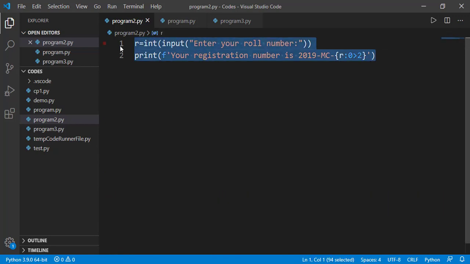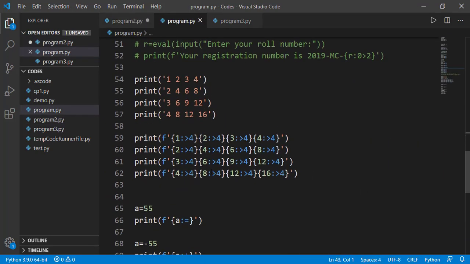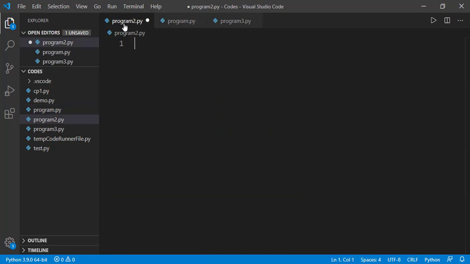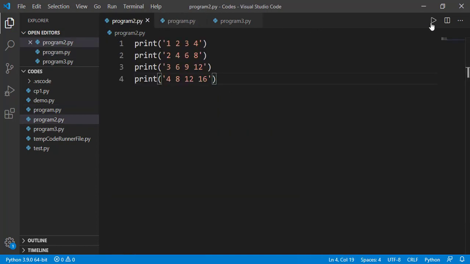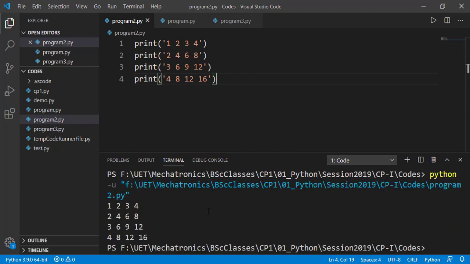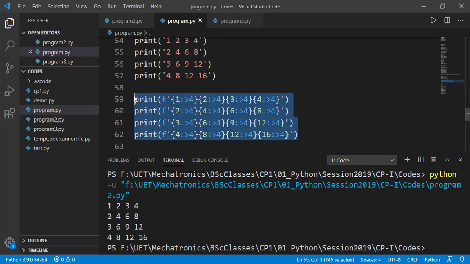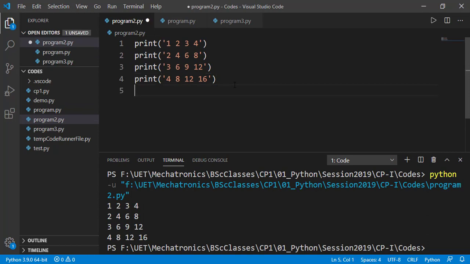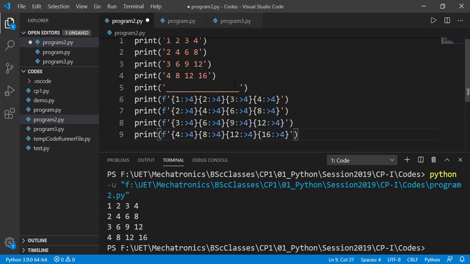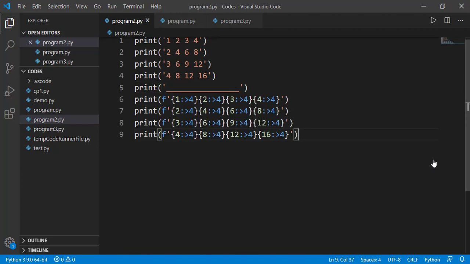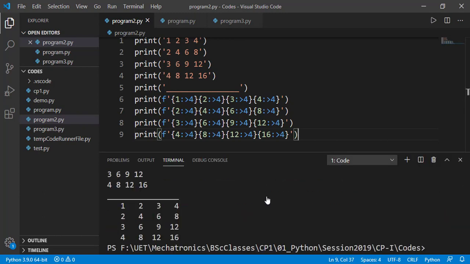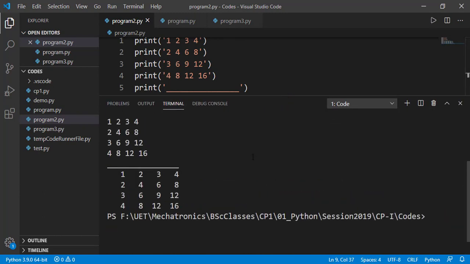Let's see another scenario which I will copy from another file. This simply prints few numbers in kind of a matrix form. This is a 4x4 grid, but see the 12 and 16 which are misaligned because some numbers are single digit and some are 2 digits. And if we print that by specifying the length as of 4 digit without any left padding, you can see the difference clearly.